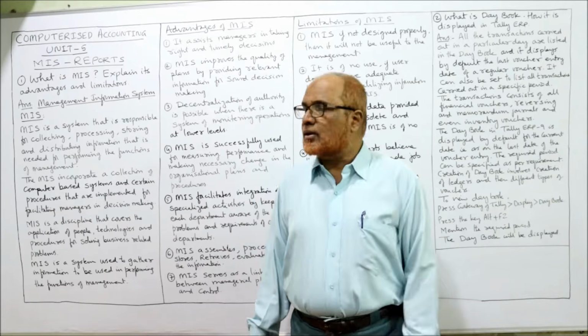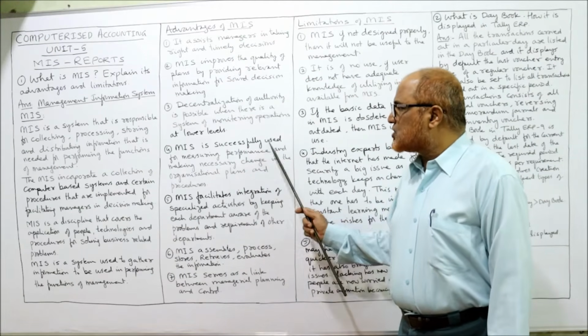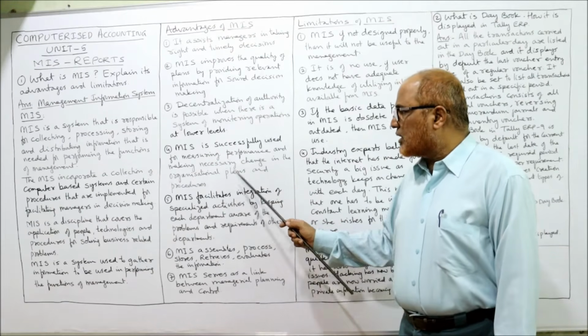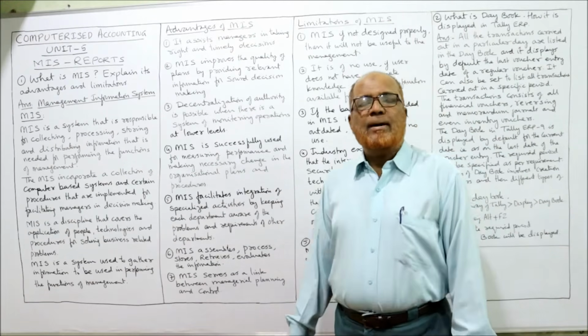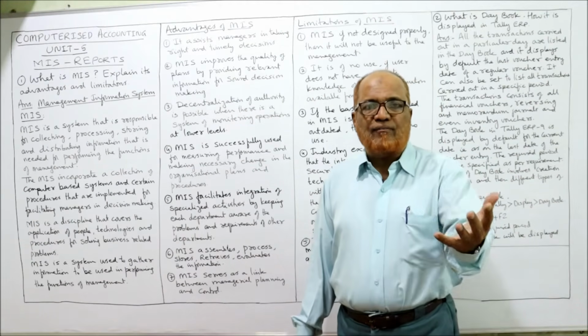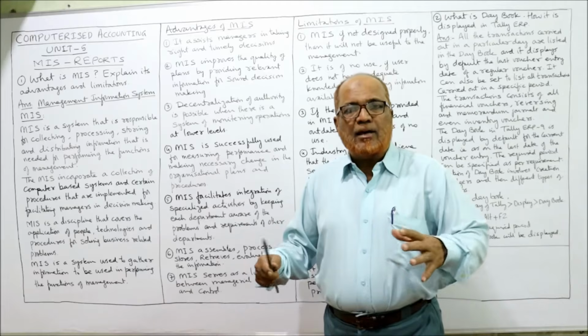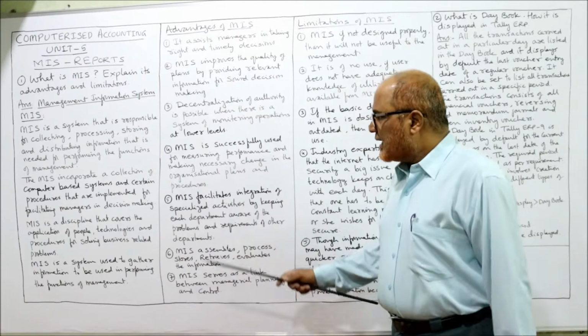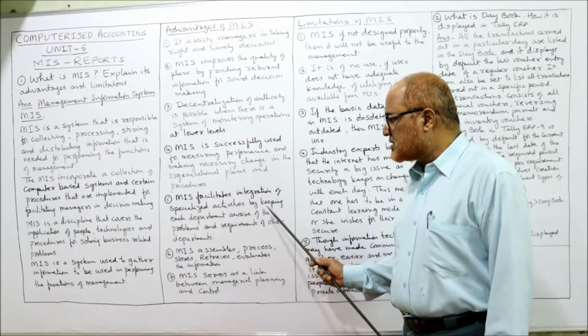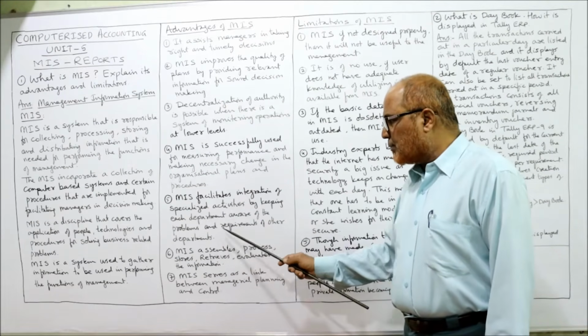Next, MIS is successfully used for measuring performance and making necessary changes in the organization's plan and procedure. By using MIS, we can evaluate the performance of different factors of production, and changes in planning and procedure can be made. Next one, MIS facilitates integration of specialized activities by keeping each department aware of the problems and